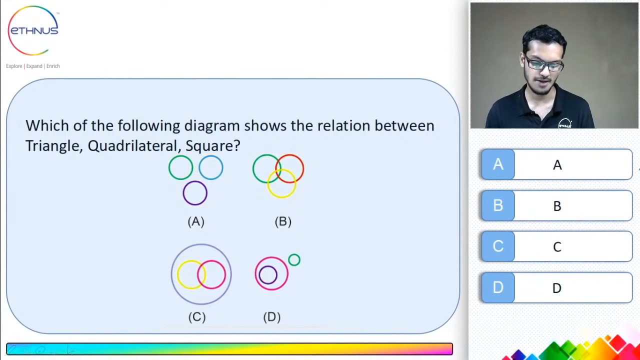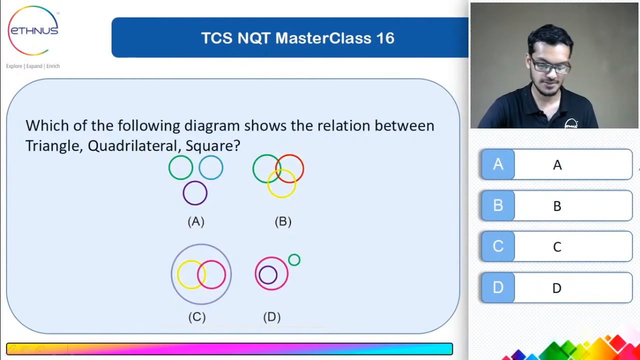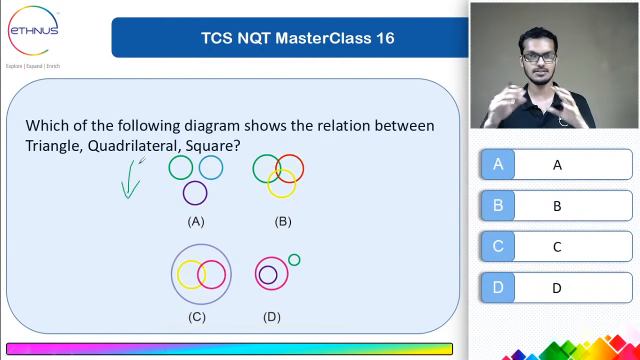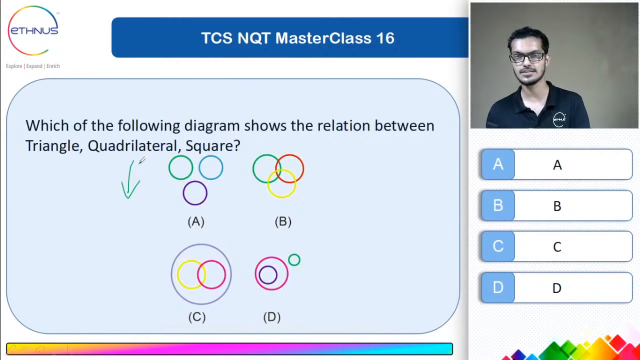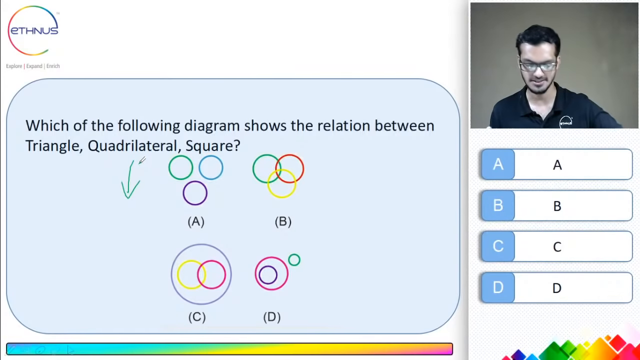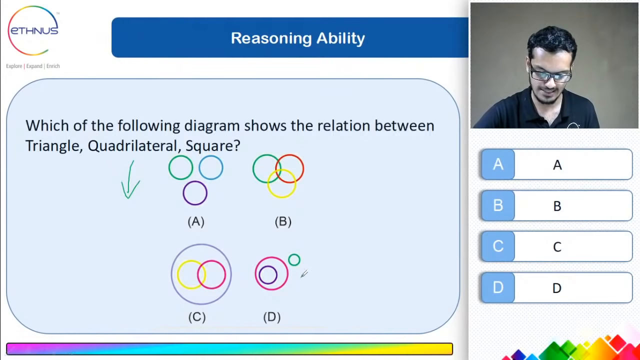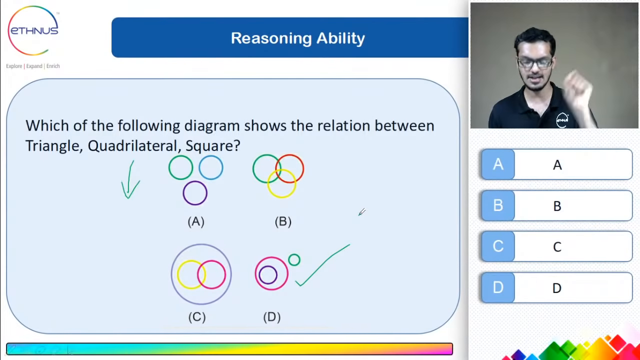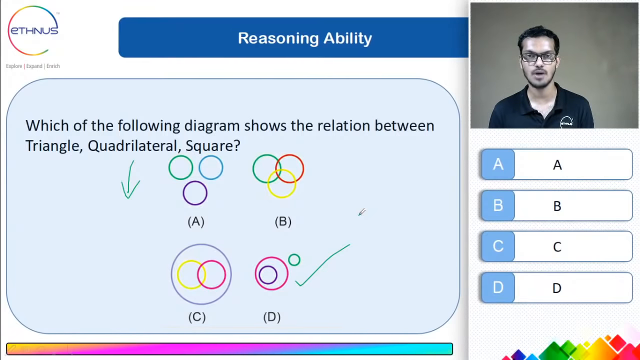So here you have triangle, quadrilateral and square, right? Now, quadrilateral is nothing but a geometrical figure which has 4 sides. Square also has 4 sides, but triangle has 3 sides. So triangle is again a separate category. But square comes under quadrilateral, like squares and rectangles. So option D seems to be proper, where the green color one is the triangle, the purple one is quadrilateral,